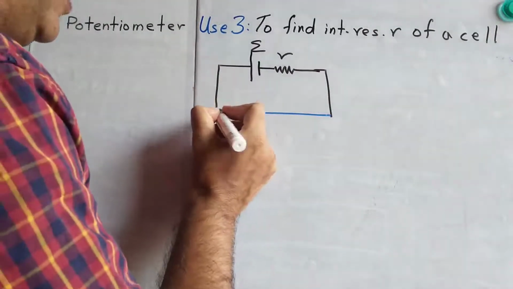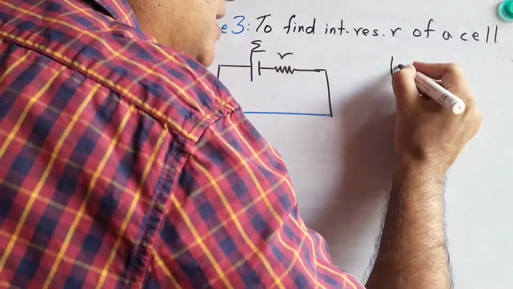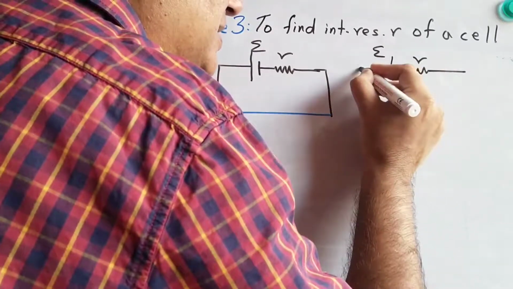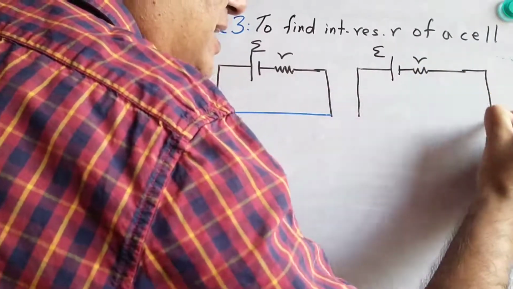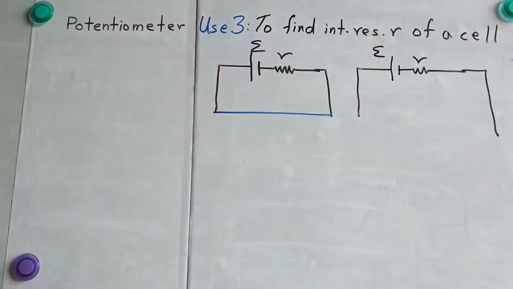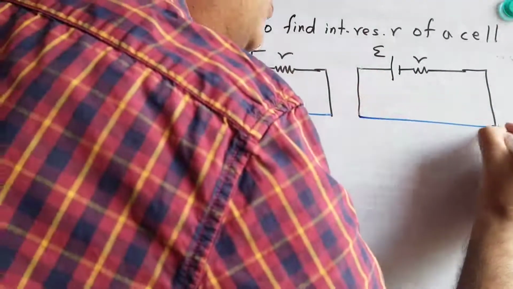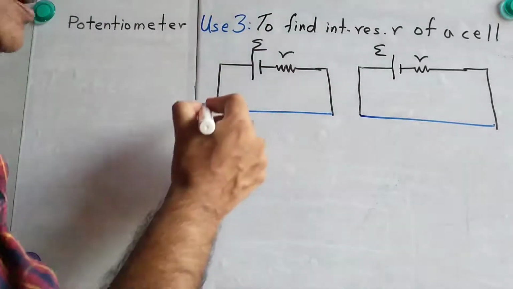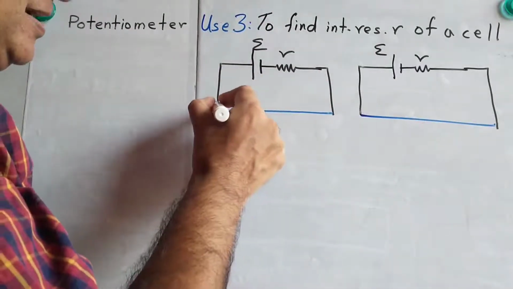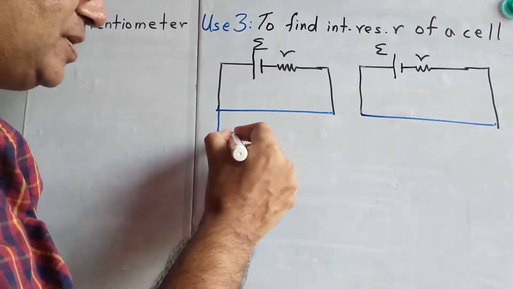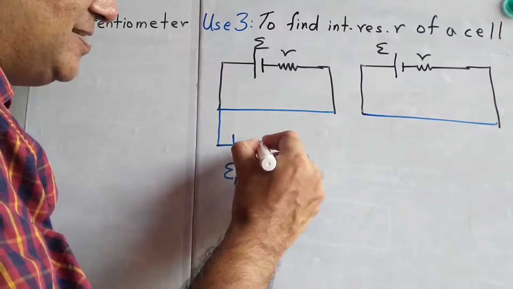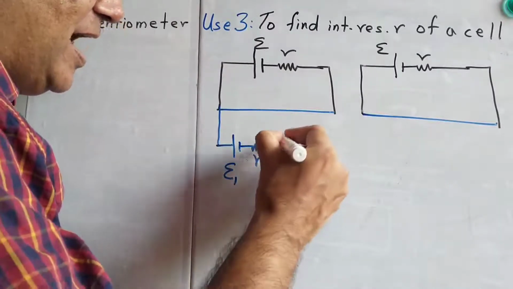And we take the same equipment and keep it ready again. So we'll be doing two experiments. So that's why we've drawn two diagrams. In the first experiment, we take the given cell whose EMF is E1, internal resistance is R1, and then we